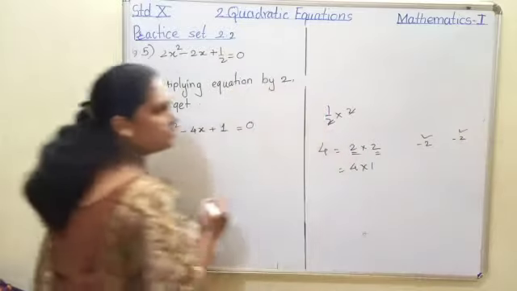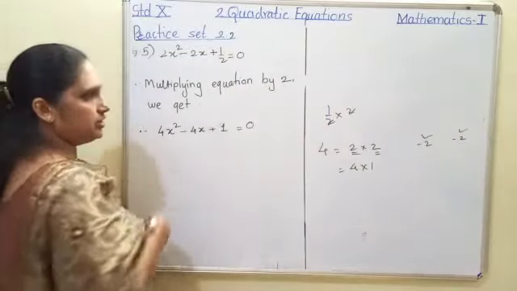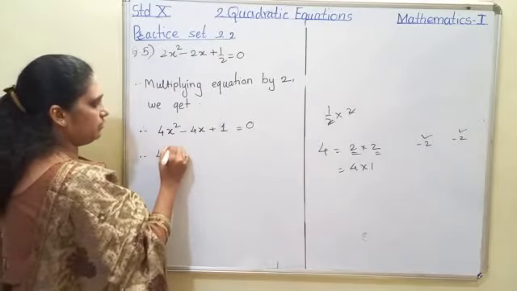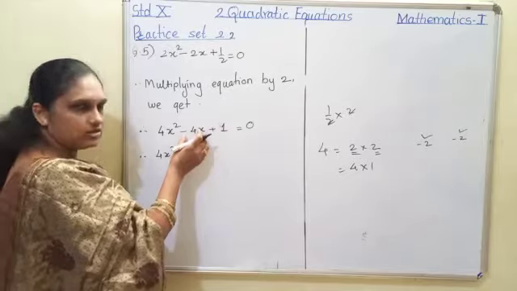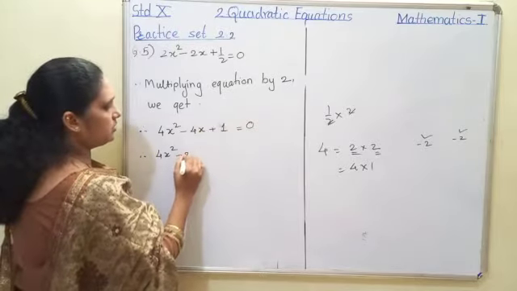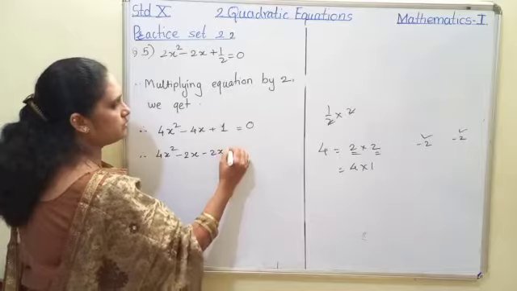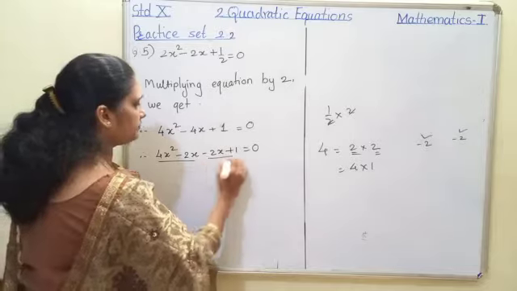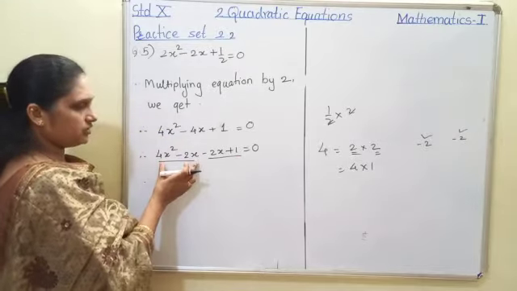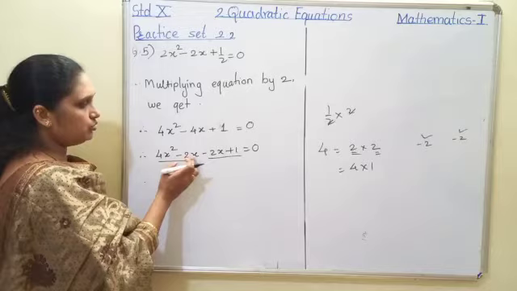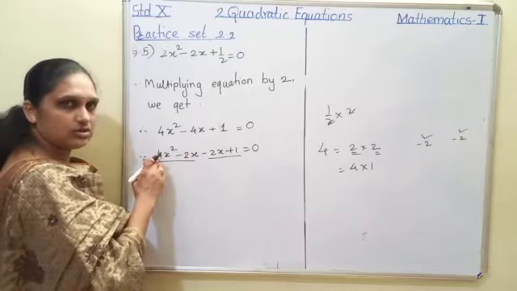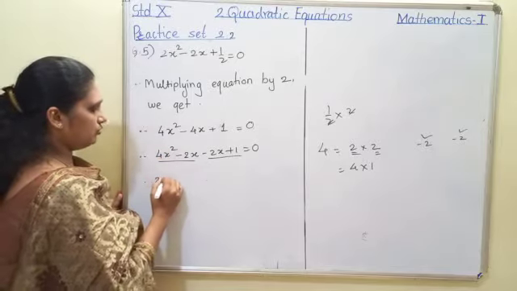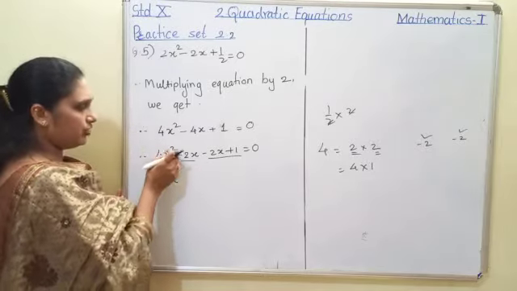Once we got the factors, we'll arrange them along with the variable in the sum. Therefore, the first term is the same, 4x square. In the place of minus 4x, I'll arrange the factors, that is minus 2x minus 2x plus 1 equal to 0. Now we'll do the pairing. Now from the first group, what will be out? That is 2x, because 4 is a multiple of 2, so we can take 2 from this. So 2x is common. So from 4x square, if 2x is out, 2 twos are 4.